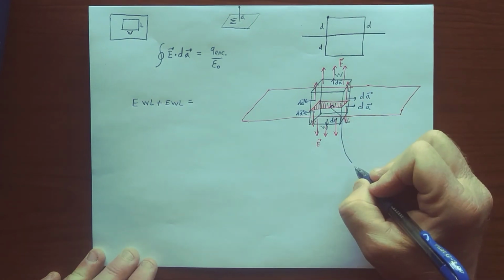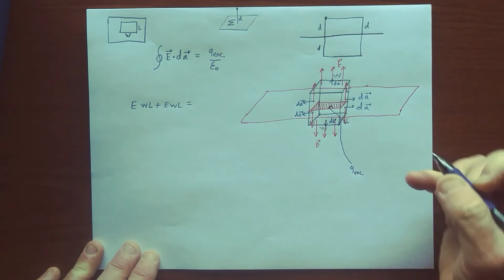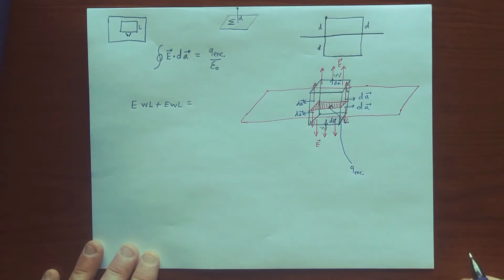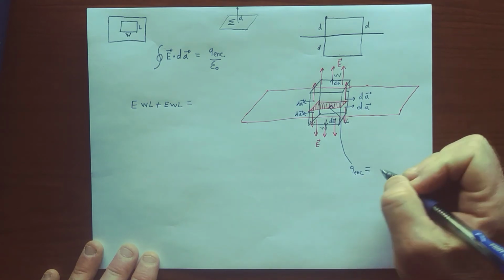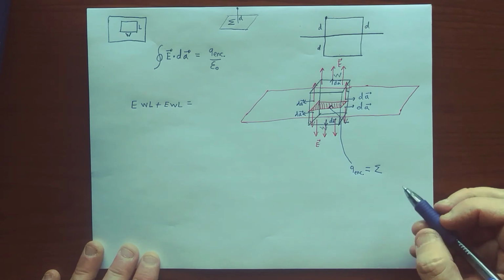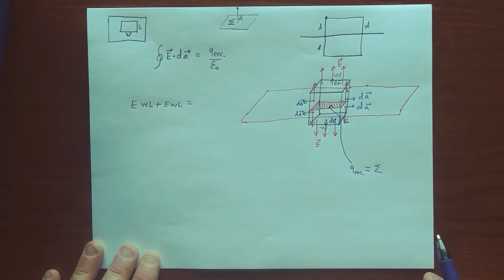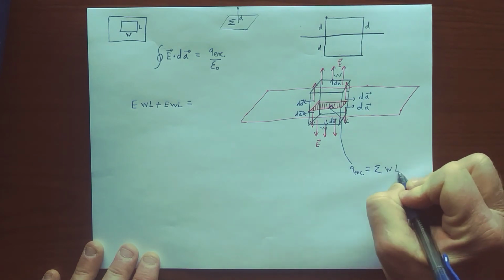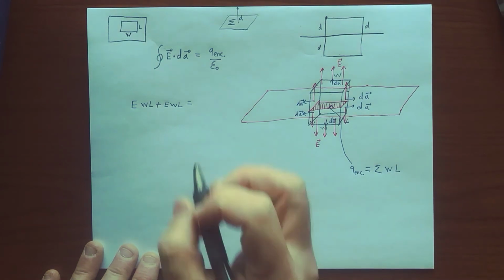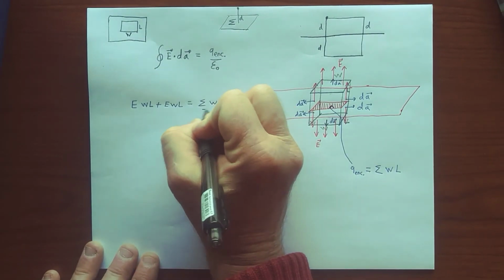The amount of charge Q, which we would call Q enclosed because it's the Q inside the box, is just the charge density, which is capital sigma, times the area. What's that area? Well, it's the same area as the top rectangle and the bottom rectangle, and so it's just W times L. That's the amount of charge enclosed, and so the right-hand side looks like sigma WL over epsilon naught,